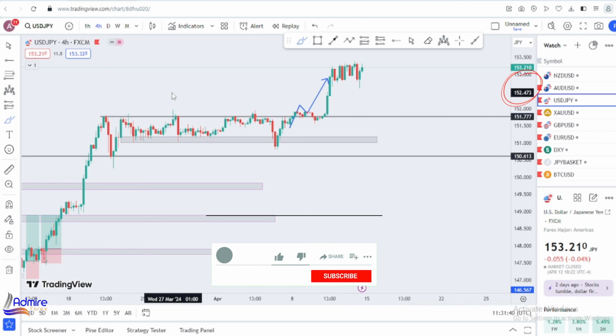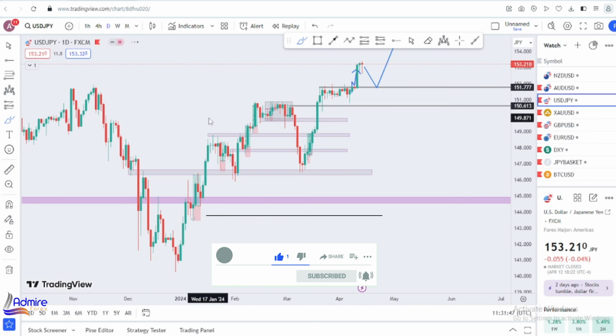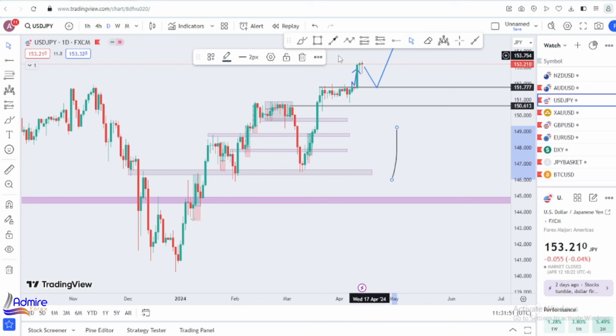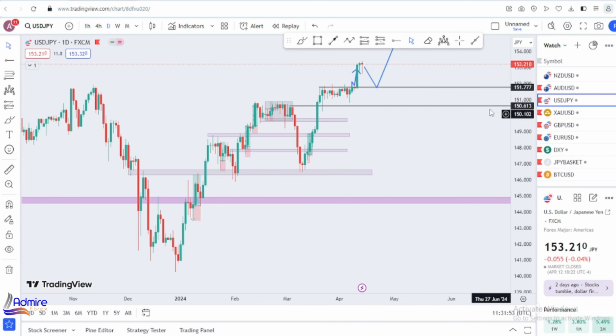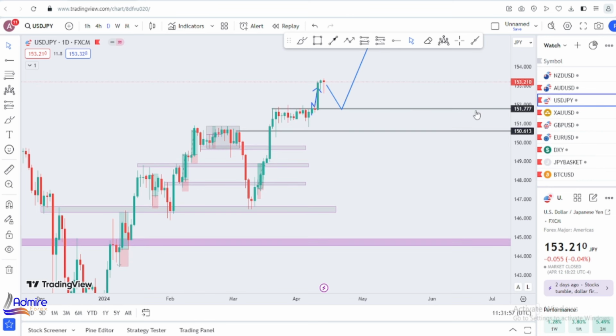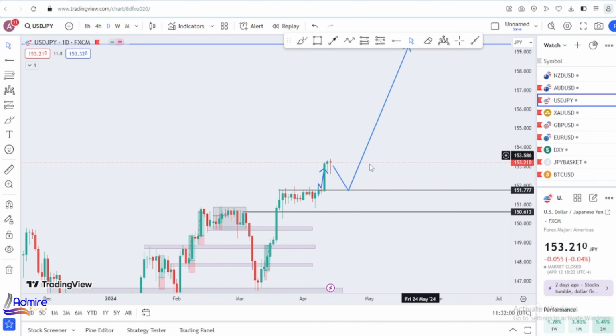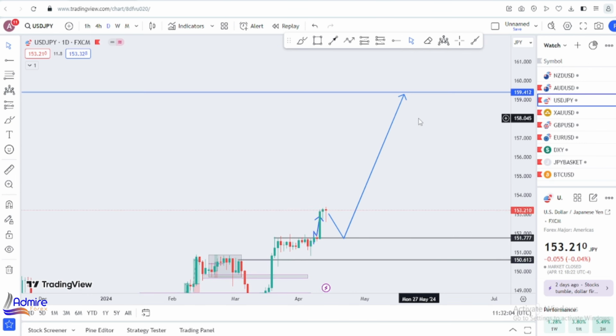Okay, welcome back. I hope you can see how we predicted USD/JPY with precision. So moving forward for this week, USD/JPY has been on a very nice bullish trend, so we'll be anticipating some little sells, like a sell to buy situation, price to retrace into the zone, and push continuations all the way to the 159 area.